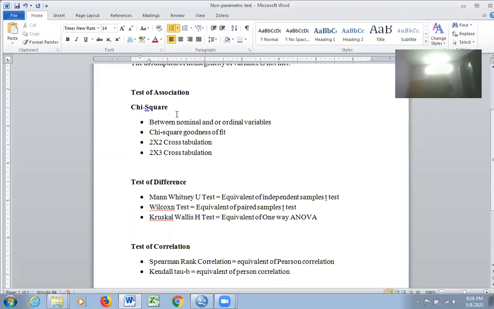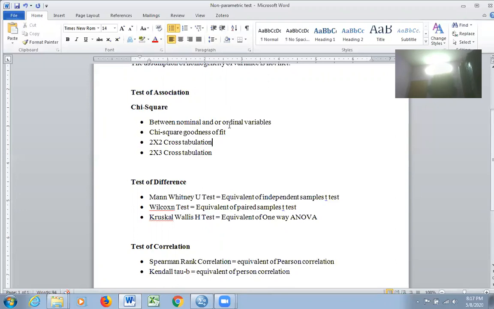You know, chi-square is a test which is used to check whether there is any association between two variables. For example, I take a nominal variable, gender. Gender is a nominal variable because we just nominate one to be male, two to be female. We just allocate some numbers. There is no ranking, so it is plain nominal data.